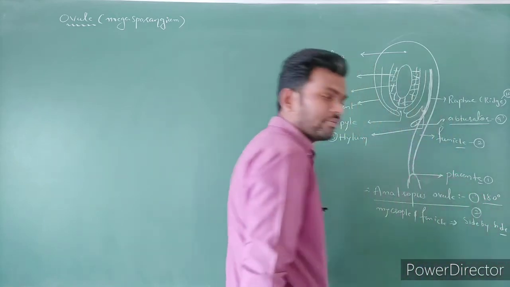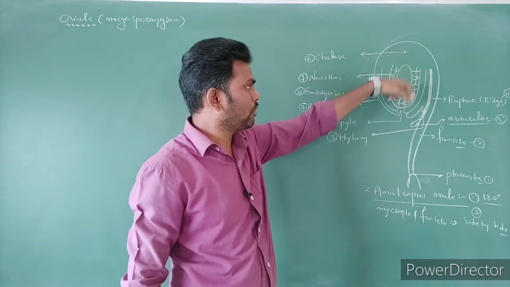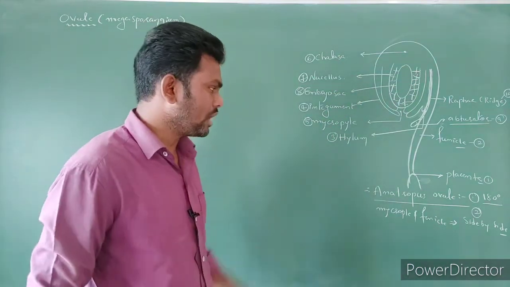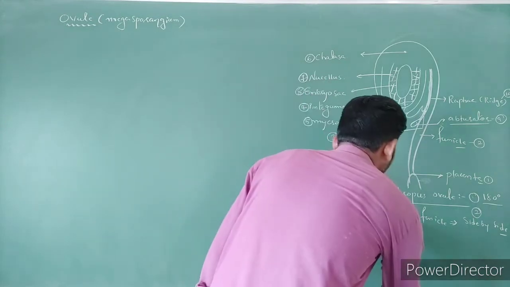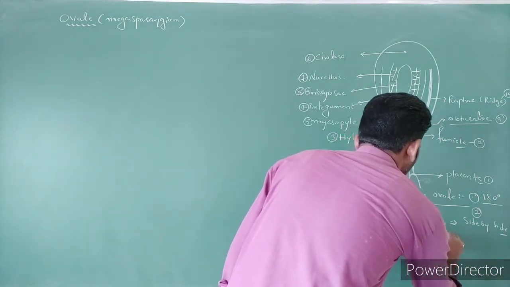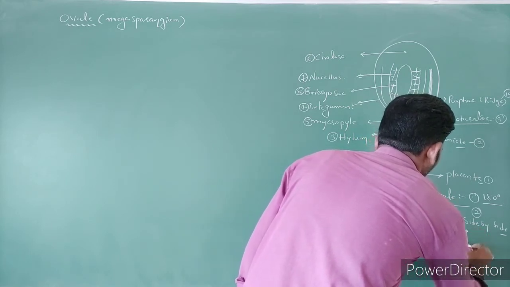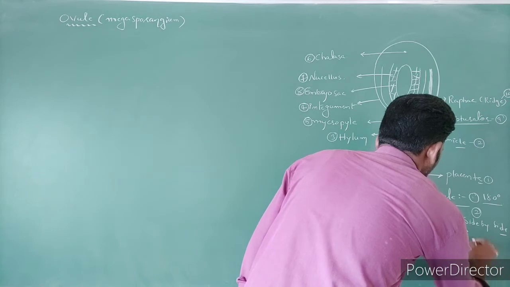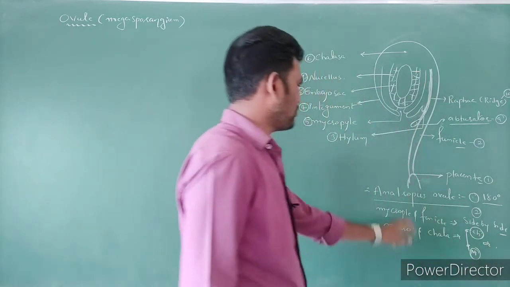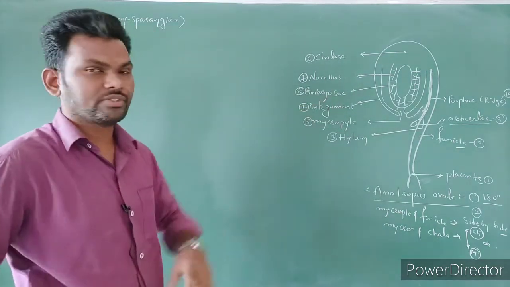That is the second point. Third, the micropyle region as well as the chalazal region are both in one straight line. So such a type of ovule we can call what? Anatropous ovule. Micropyle as well as chalaza are both in one straight line. So this is the micropyle region, this is the chalaza region, right? So such a type of ovule we can call what? Anatropous ovule. Let's see the ovule structure.